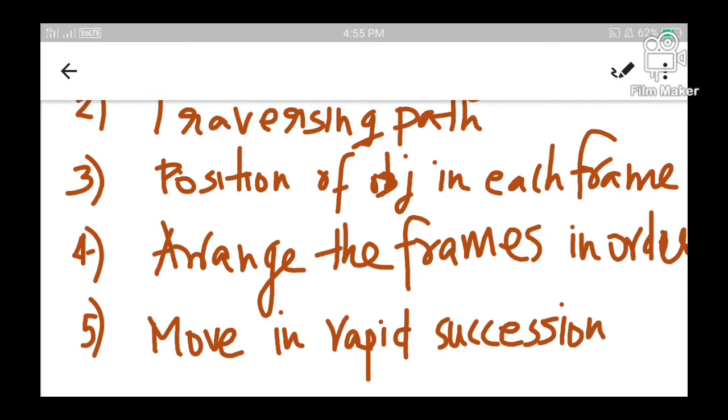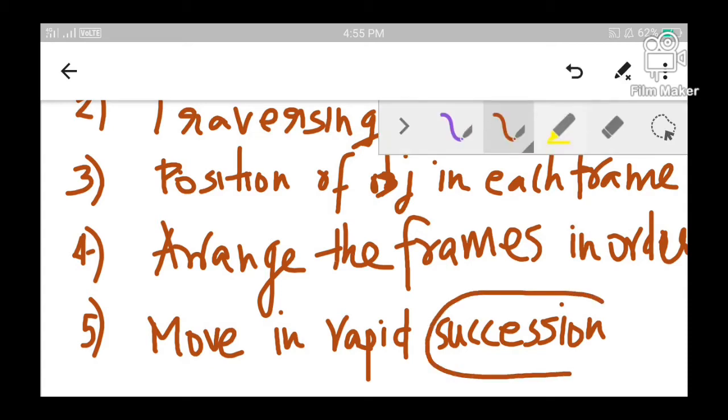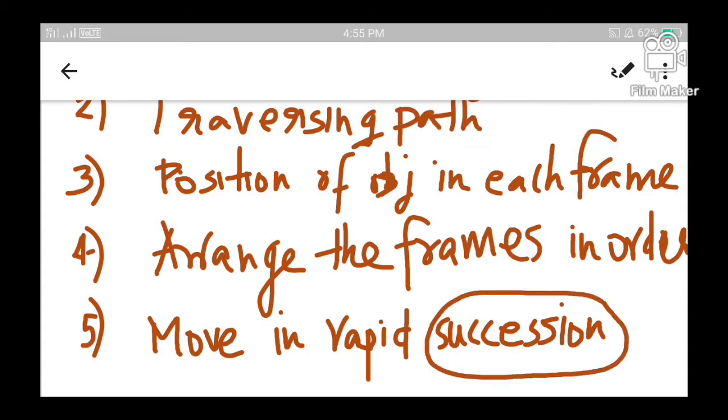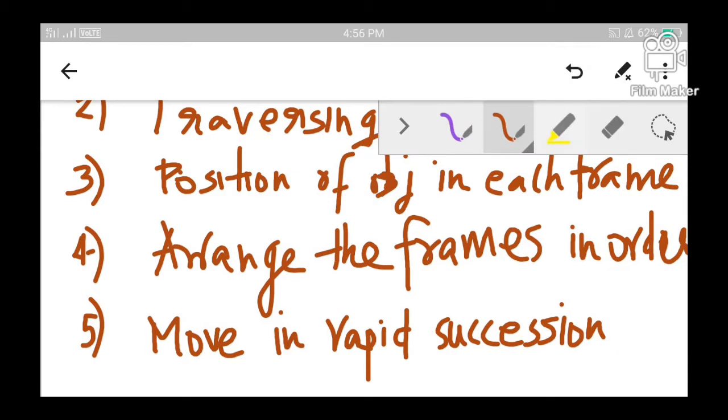Then move them in rapid succession. Yes, this is what an animation is. Animation is actually the movement of static images in rapid succession. What is meant by succession? Succession means one after the other, one by one. What is rapid? Rapid means moved at high speed.